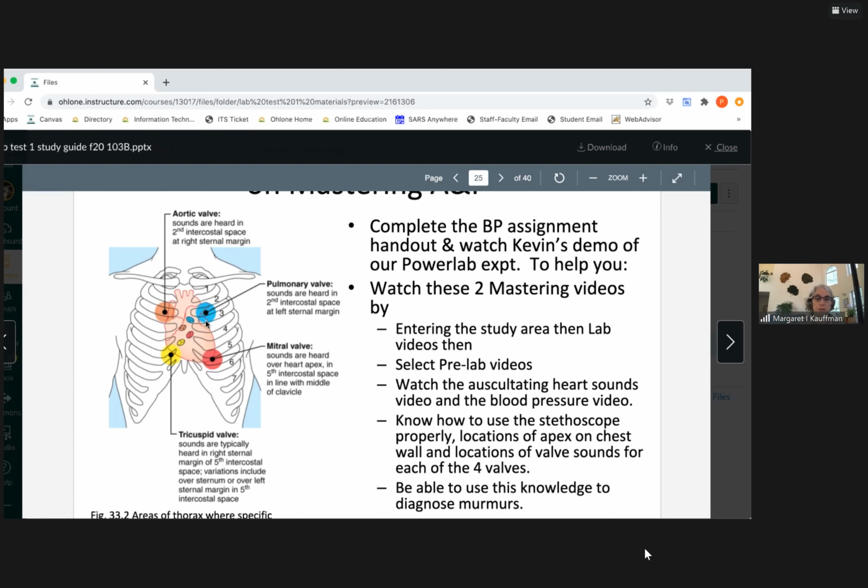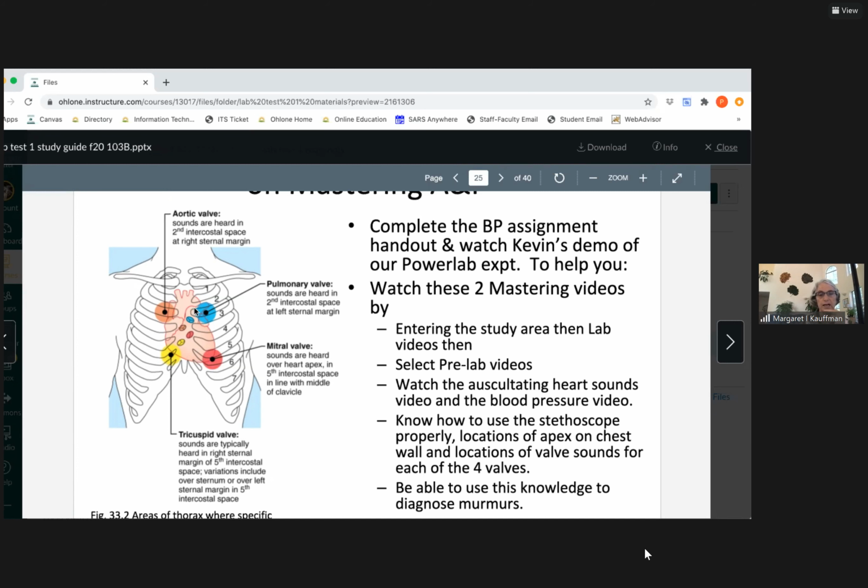Now, of course, that is where you best hear these particular valves. You're going to hear lub-dub wherever you listen with a stethoscope, but you're going to hear that valve, if there's a problem with it, best if you listen in this location. So the tricuspid, not surprisingly, is on the right side, in the fifth intercostal space, and the bicuspid is on the left side, also at the fifth intercostal. So the easiest way to remember these is the fifth rib down for the 2 AV valves,